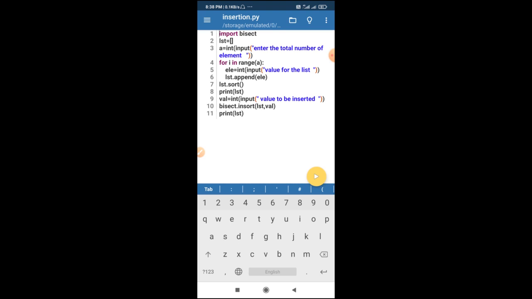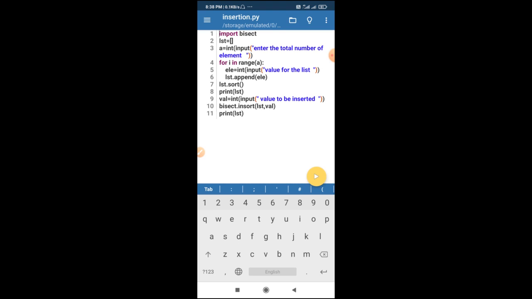But in this program, the list is sorted, and you have to enter the element in order to maintain the sorted order. So in line number 7, I have applied the sort function, and the sort function will sort the list in the ascending order.